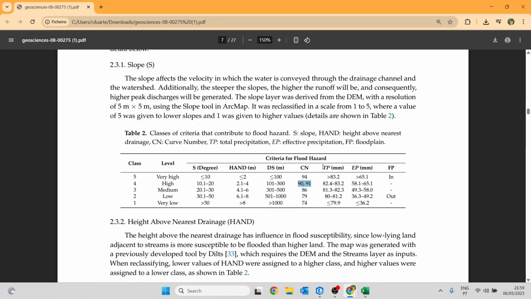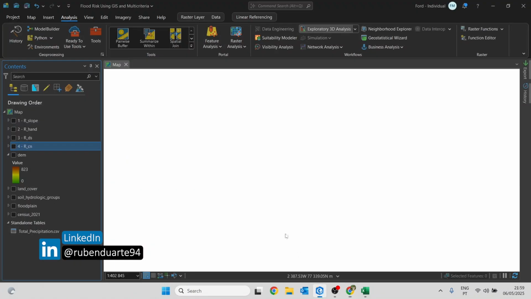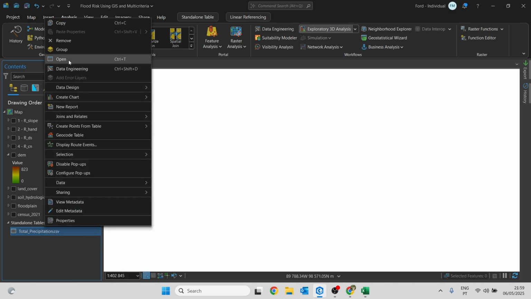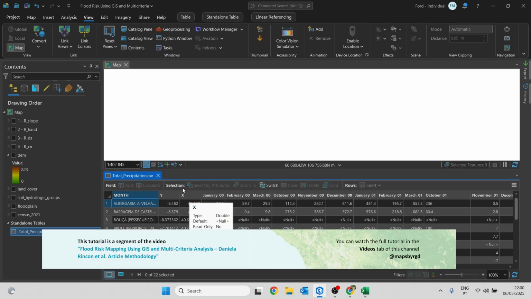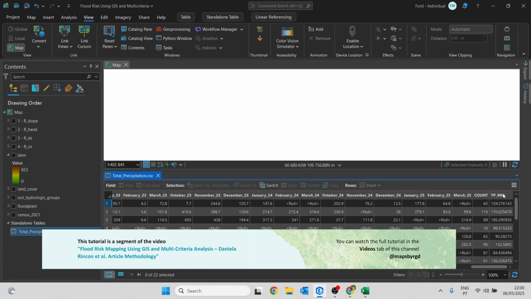What comes next in the article is the calculation of total precipitation. At the beginning of the video, we saw an Excel table containing several meteorological stations along with their x and y coordinates, monthly and yearly precipitation values, and at the end of the table, the average precipitation for each station between 2000 and 2025. This average value is what we'll be using next to spatially represent precipitation across our study